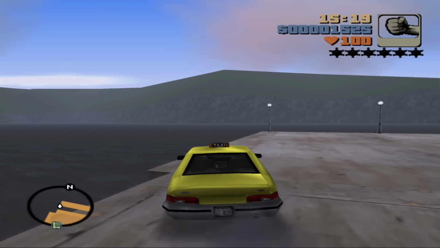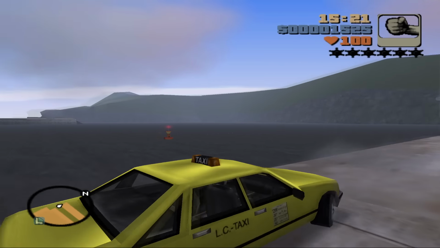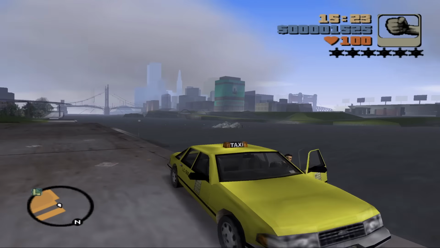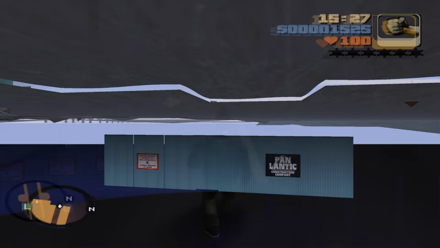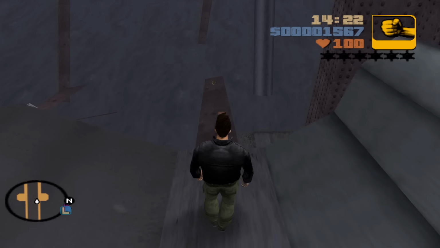At the top of Portland, you can do a similar map glitch by landing your driver's side up with this cliff. Simply get out and poof, you're under the map. You can use this to either see the map in a cool way, or you can use it to get to Staten Island early. There's actually another way to get to Staten Island early, and it's known as the bridge